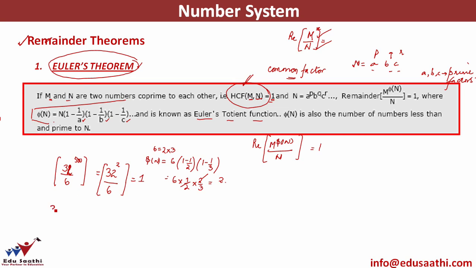So, if I have 32 raised to power something, I can always write it like this. 250 when divided by 6 would give a remainder of... Every 32 square gives a remainder of what? 1. 1 raised to power 250 would still give me a remainder of 1. So, a very important thing that you have to first look at is,